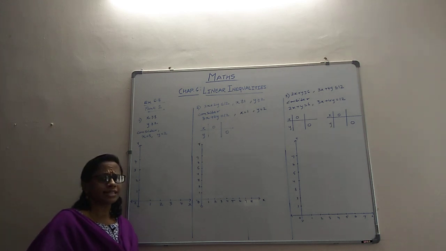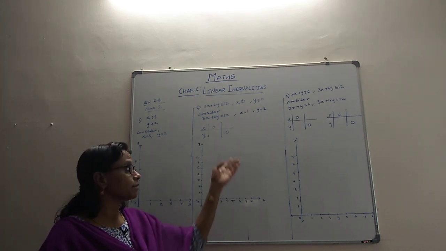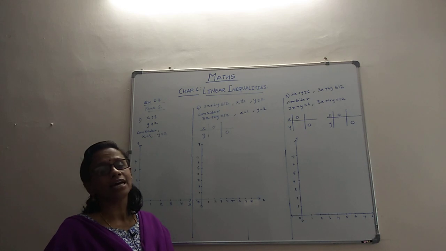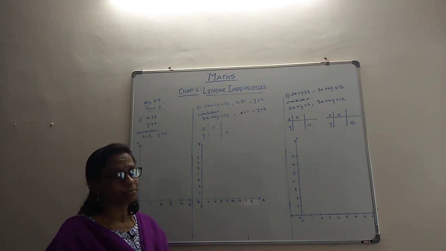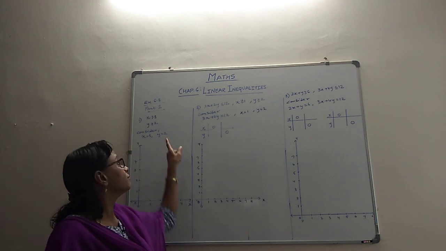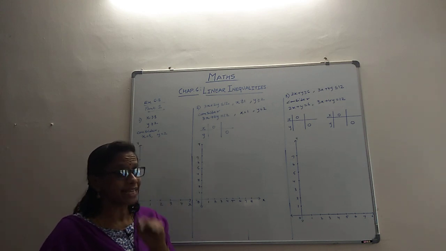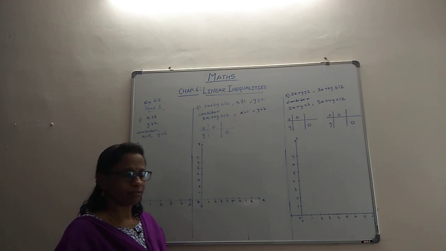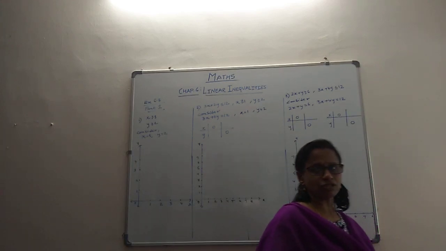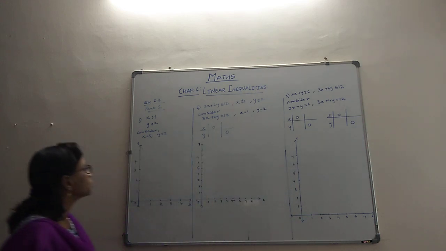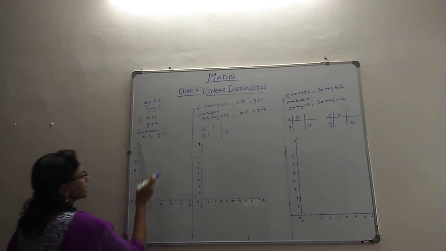Since these are simple equations, we are not going to get the table like what we do in other cases. Why? Because we know that x equal to 3 is a line parallel to the y-axis passing through x equal to 3. And y equal to 2 is a line parallel to the x-axis which will pass through y equal to 2. So you can right away do the plotting, and from the plotting we can get the solution. So first we will see where is the line x equal to 3.